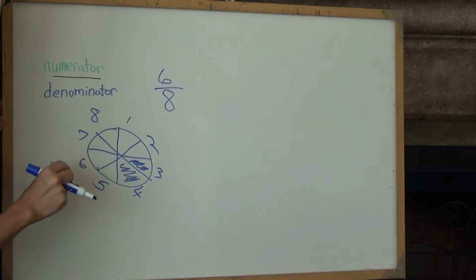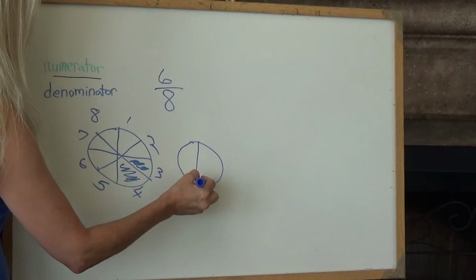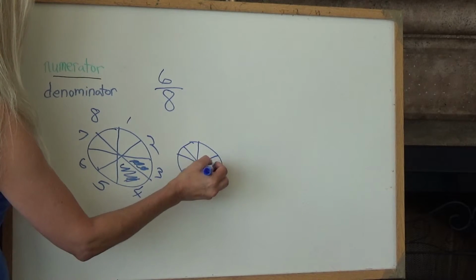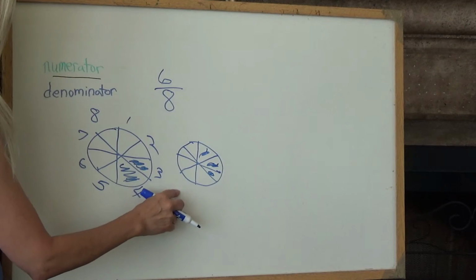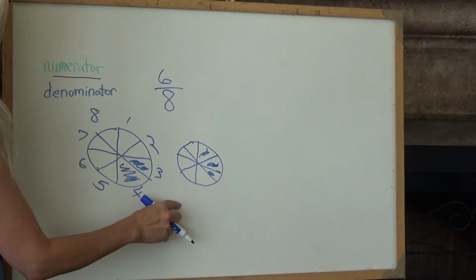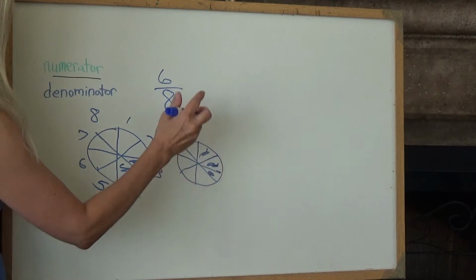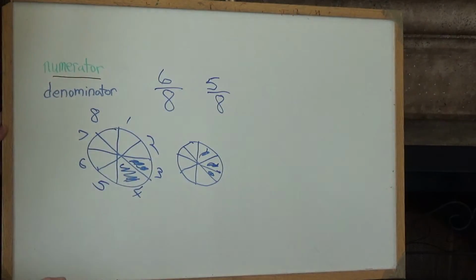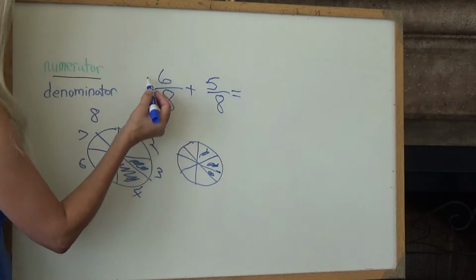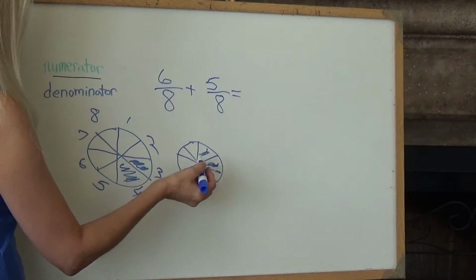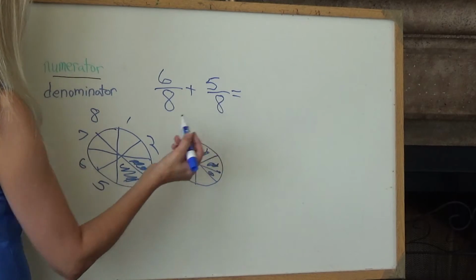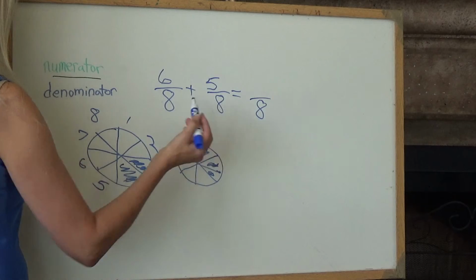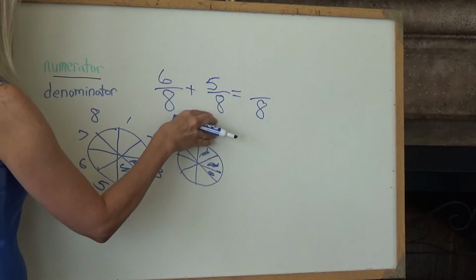Okay, and then if I had another pie, like an apple pie, and your son's like, well, I like apple better than cherry, so I'm going to eat 3 of these. Okay, I cut it into 8s, and 3 of them are gone, so how many are left? 1, 2, 3, 4, 5. Now, out of the 8 pieces of apple pie, I have 5 left. How do we figure out how many pieces we have? Well, we add the 6 pieces of the cherry plus the 5 pieces of the apple pie. You can add them together because they're cut the same size piece. They're cut into 8s, this is the size that we're going for, we don't add that together. That just tells how many pieces would make a whole, so don't change that. We're just adding